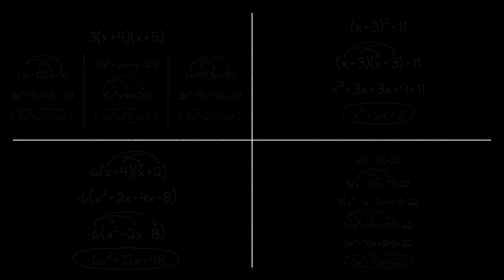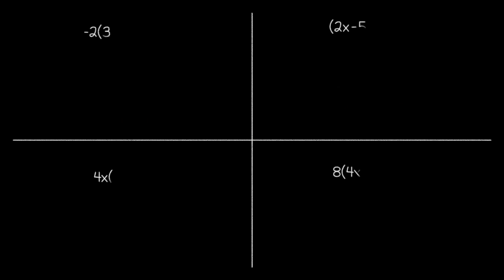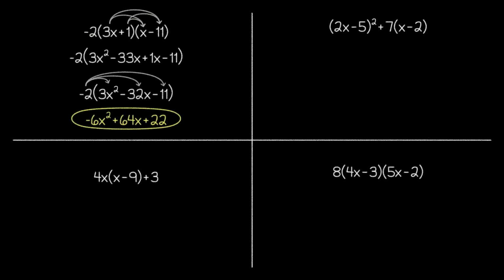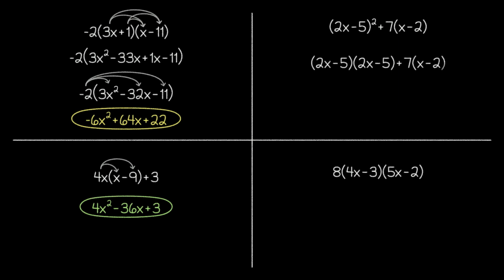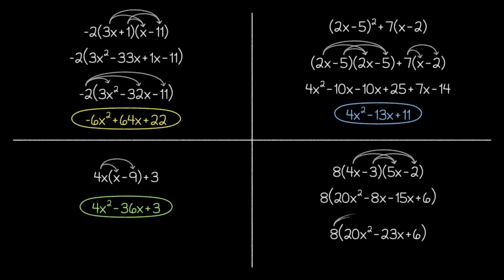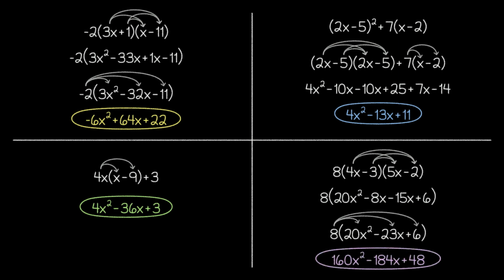On our final screen, we'll do a few more examples, including a couple examples that start with quadratic expressions that aren't in any particular form. Despite their unique forms, note that the process of converting these expressions to the standard form isn't all that unique. We simply follow the rules of distribution that we've been working with this whole time and finish things off by combining like terms.